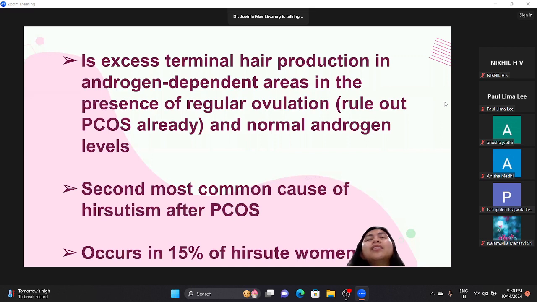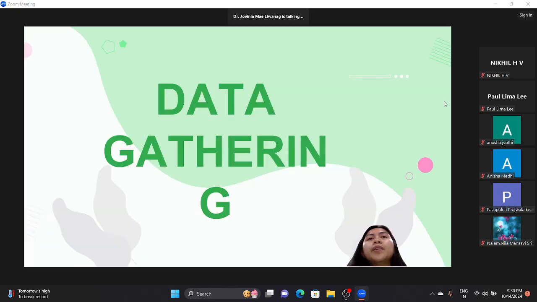Drug induced hirsutism is the second most common cause of hirsutism after PCOS. The first most common cause of hirsutism is PCOS. The second one is drug-induced. This drug-induced hirsutism occurs in 50%. So those are the common etiologies